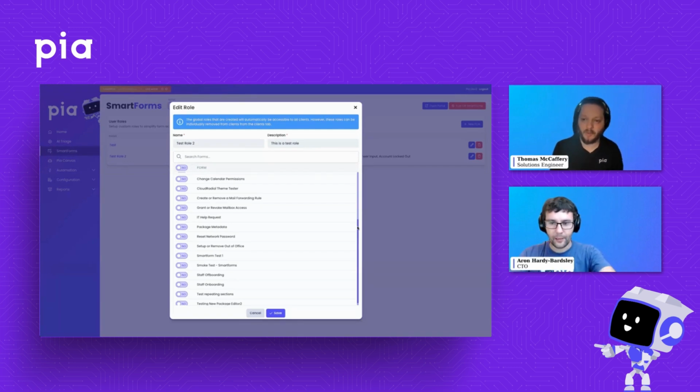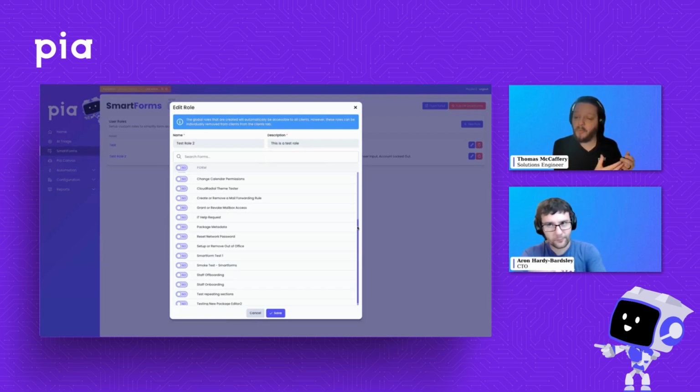Fantastic. A very hotly anticipated one. I know there's quite a few MSPs out there who are waiting hotly for that one to get in there to really ease that transition of getting users in here. And I actually touched on a feature that we didn't really mention too much before, is the fact that you can customize. We'll actually see it a little bit in a moment. You can customize which clients get which forms, of course, but you can also do that on a per user or per role basis as well.